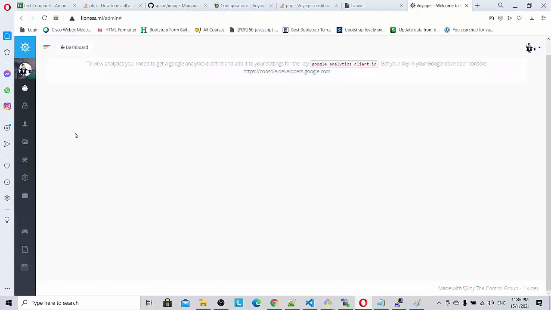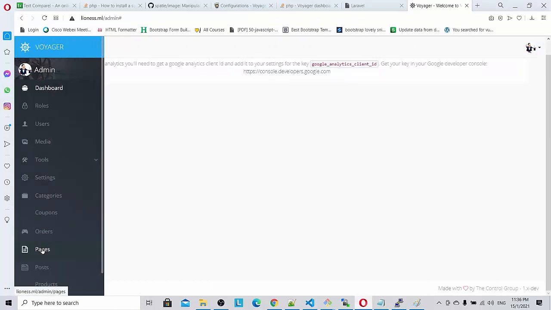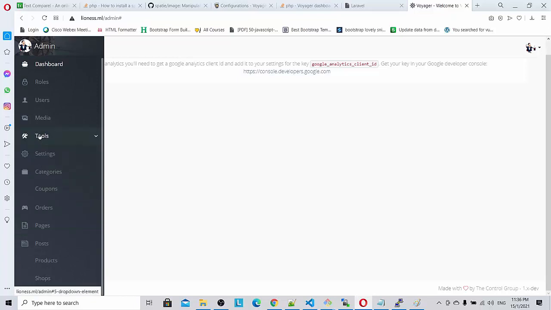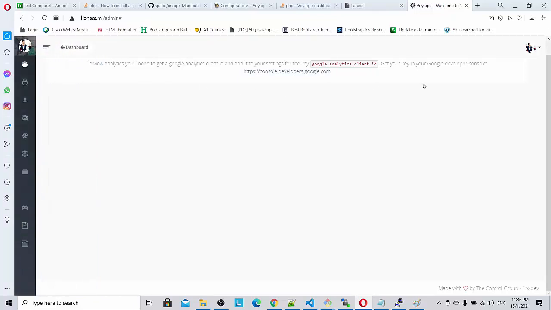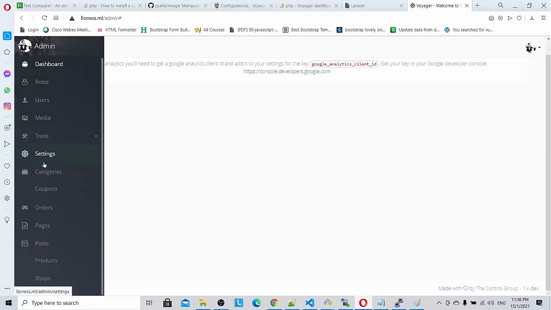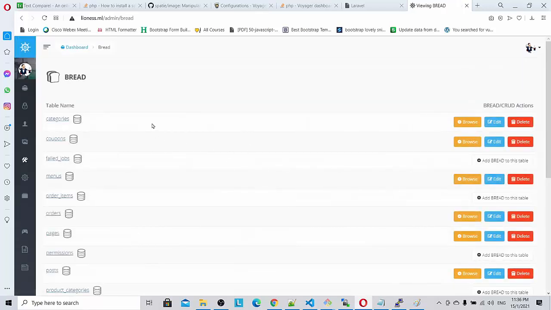It's so good, right? So for example, I got the orders, products, categories, pages, tools, dashboard. Now I can log out everything. I can go to my admin profile, everything. So I am able to do it, dashboard. And you can see here, tools, bread, everything works good, right? So this is the secret of